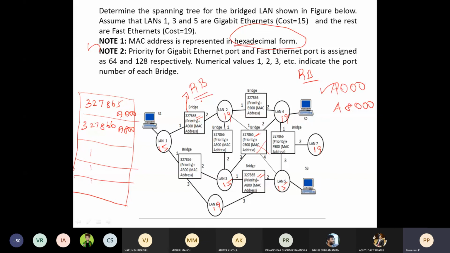Remaining steps: next, the root port. In a similar way, compute the least cost from the root bridge to each remaining bridge. If a tie happens, select the lowest port ID as the root port. You can proceed in a similar way. The only difference is that instead of B1, B2, B3, B4, B5, the bridge ID is given as priority plus MAC address. This problem I will upload as assignment DA1. You can solve it, because definitely in the examinations you will get these types of problems, not straightforward ones.